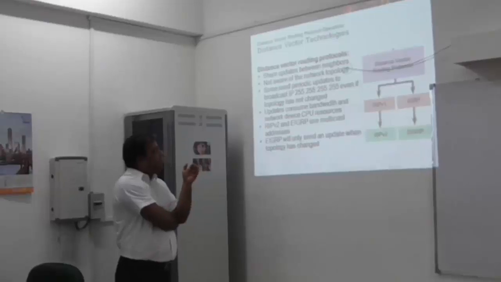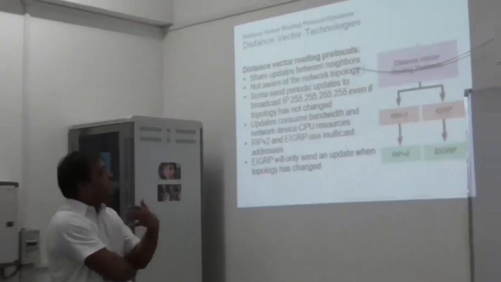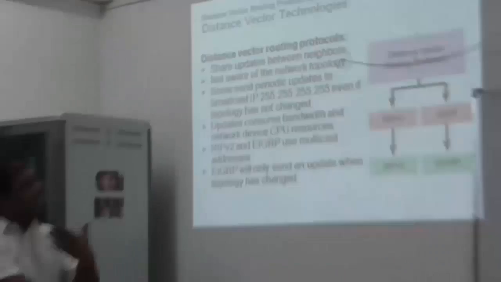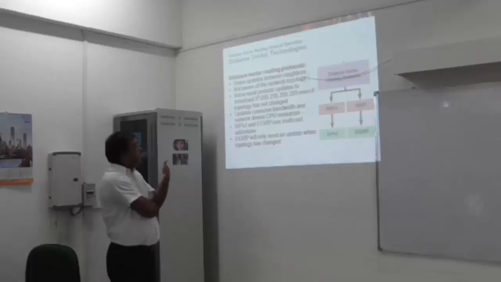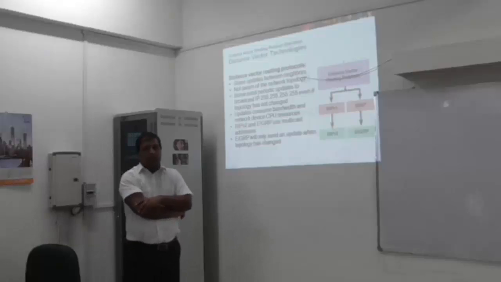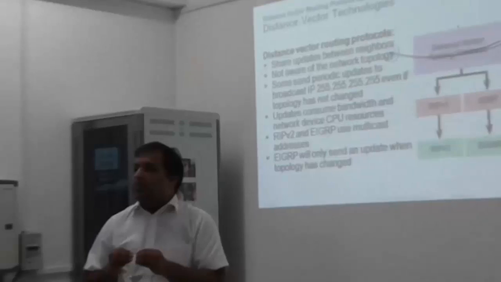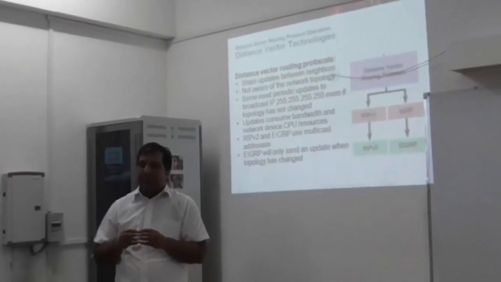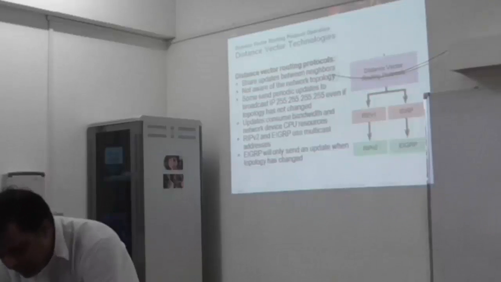In this case, routers share updates between neighbors, not even the network topology, and send periodic updates to the broadcast address 255.255.255.255, even if the topology has not changed. Updates consume bandwidth and network device CPU resources. RIP version 2 and EIGRP use multicast addressing. In the case of RIP version 1, broadcasting is used. So here